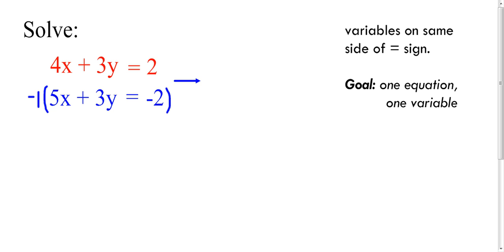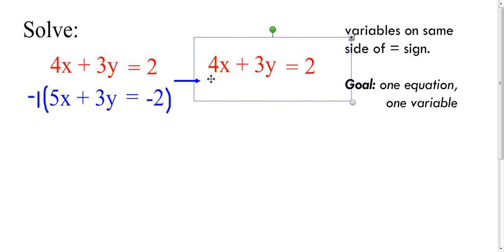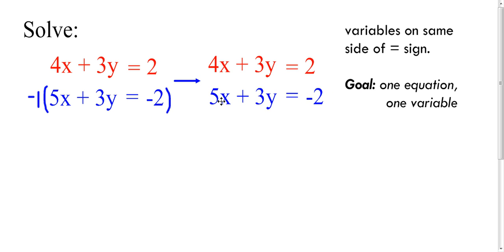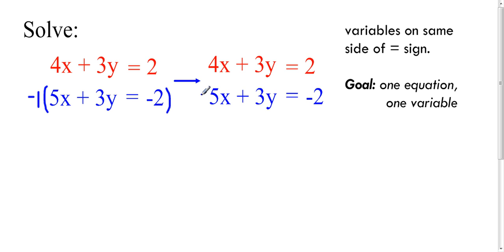this. Okay? This equation stays the same. Not a surprise. This equation now becomes, I multiply everything through by -1. This equation now becomes a -5x. So again, remember, everybody gets a -1. This now becomes a -3y. Hey, that's what we wanted. And then this is going to become +2. So then when you set this up,